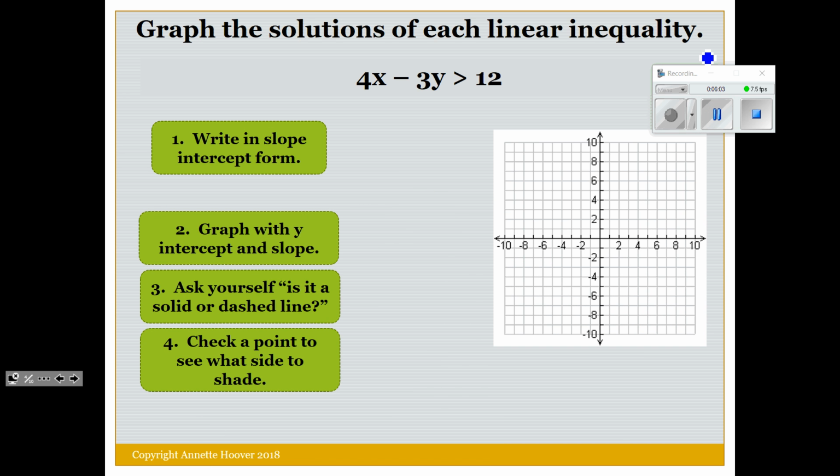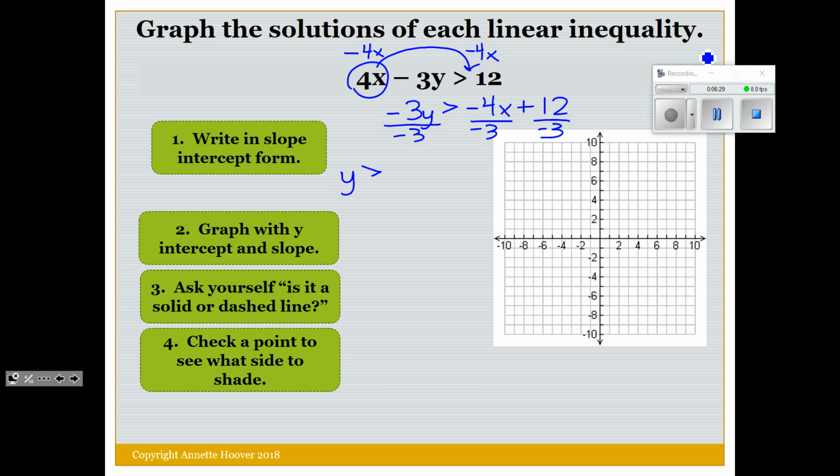Here's another example. Again, it is not in slope-intercept form. So we have to move the x term to the other side. When we do that, we use our inverse operations. So it's going to become a negative 4x. So that gives us negative 3y is greater than negative 4x, and he tells the 12 to scoot over. Now we divide all three parts by a negative 3, and our equation would be y is greater than,